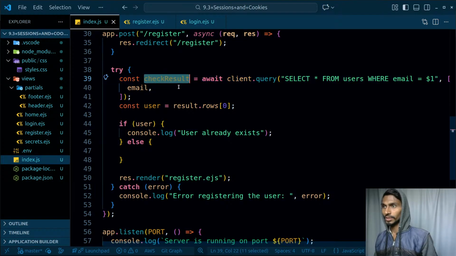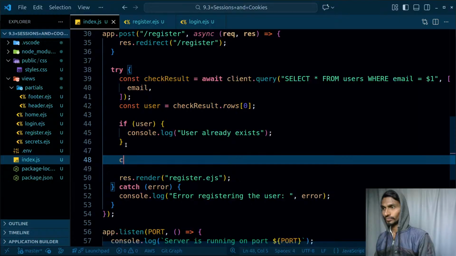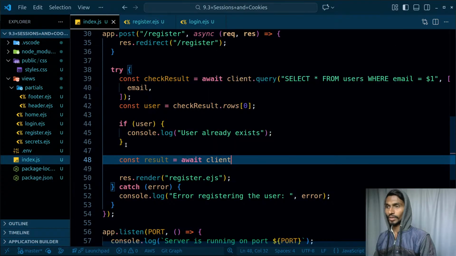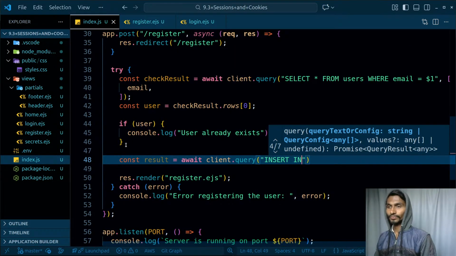This is going to be the check result. Paste it over here. Await client.query, insert into